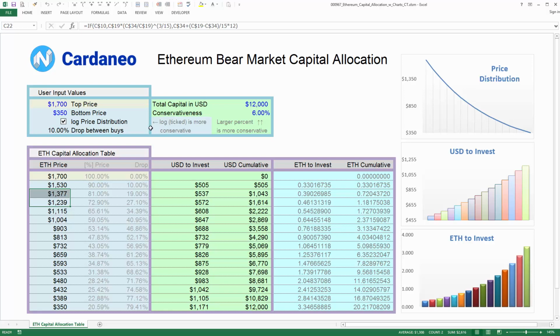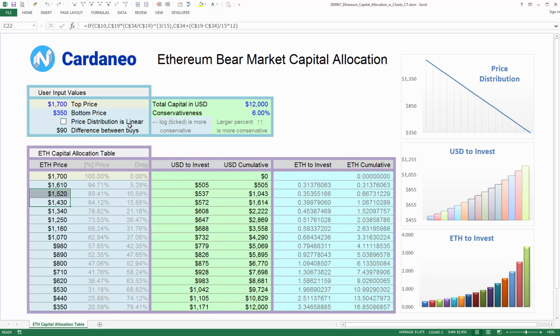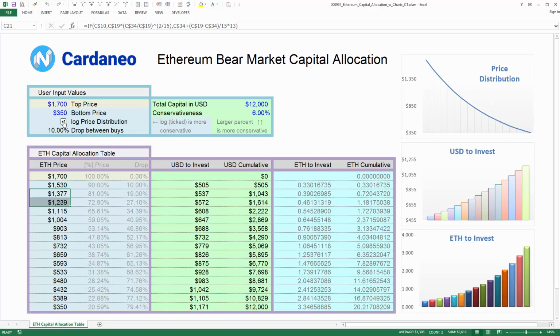The other price distribution that you can have is when you uncheck this check mark. This price distribution is called linear price distribution. The price difference between the two levels is constant. For example, 1610 is $90 more than 1520. 1520 is $90 more than 1430, and so on. You can also see the linear price distribution on this chart. The chart updates automatically. As you can see, linear price distribution is described by a line. Thus, I can flip between the two price distributions by ticking and unticking this checkbox.